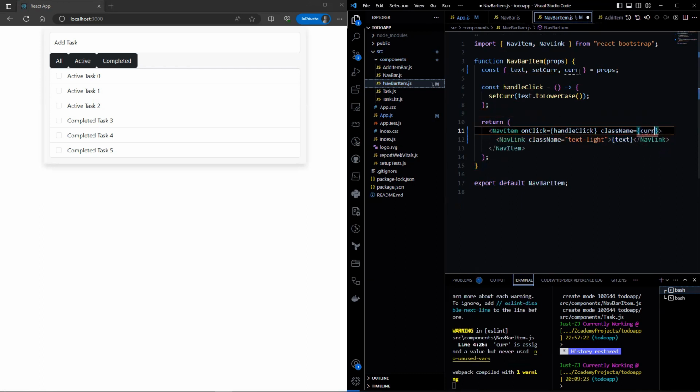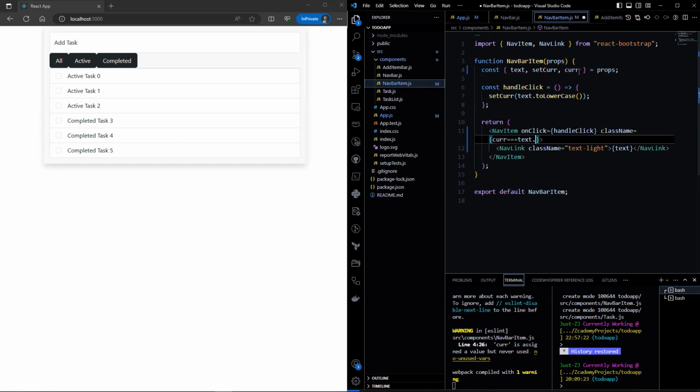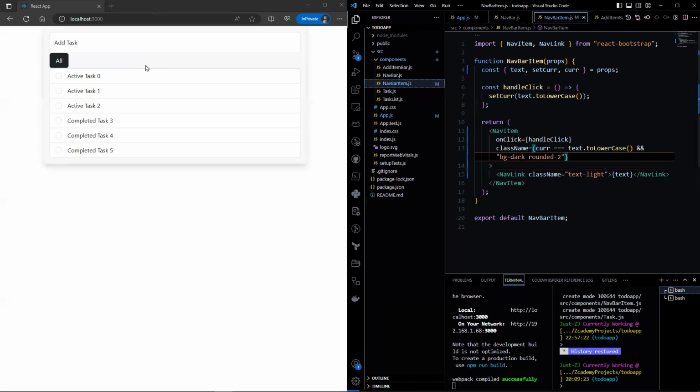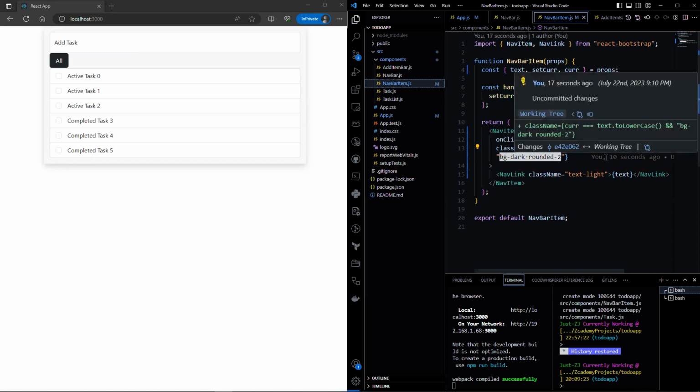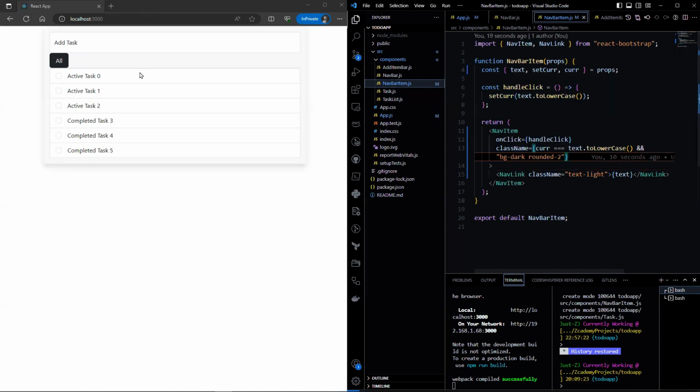So let's check if current is x dot lowercase. This kind of checks whether or not the navbar is being clicked on. And so if it is clicked on, I'll give it these styles. So if this is true, the nav item would have these two classes. And if it is not true, they would not have these two classes.